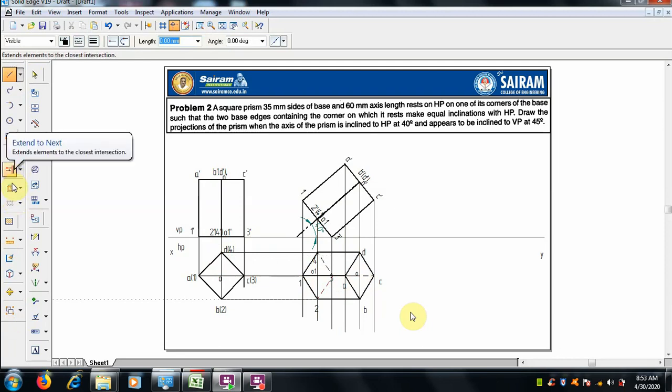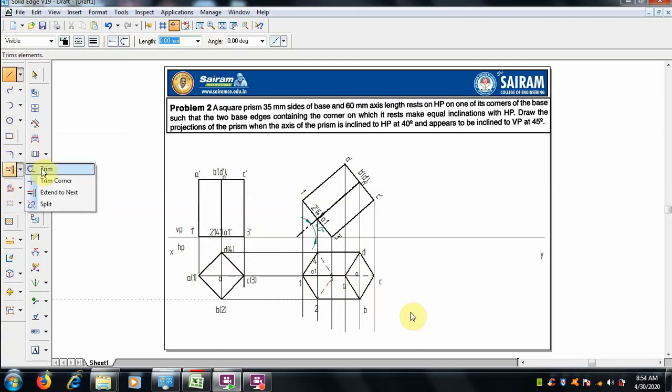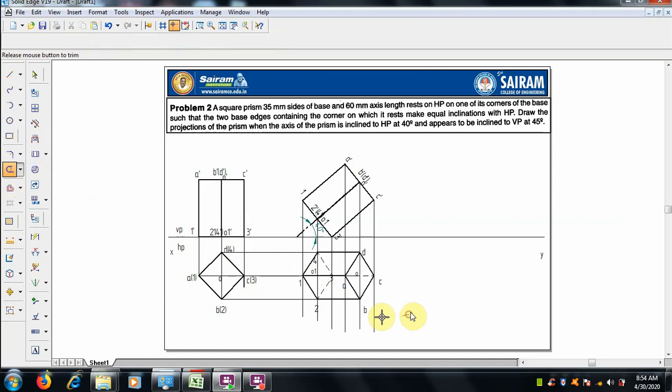Okay, next we have to trim unwanted lines.